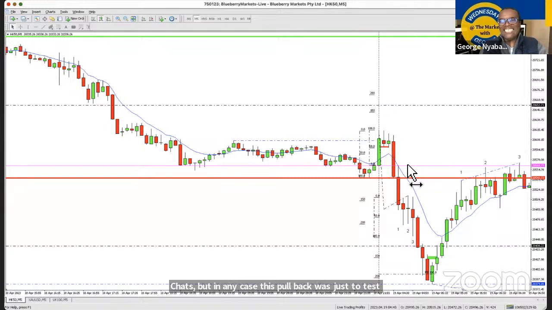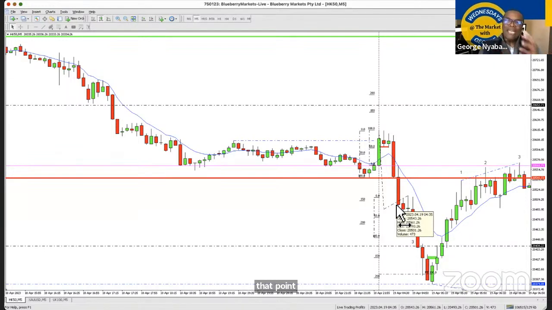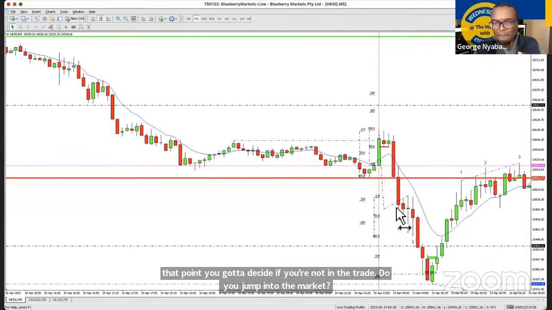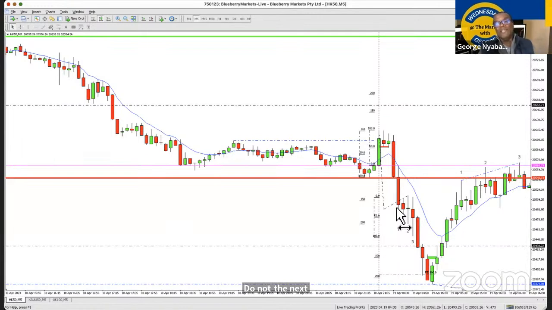Okay, so the magenta line is the open of the day. The bulls did try, but it was the perfect test of the open, then it accelerated down. And at that point, you've got to decide, if you're not in the trade, do you jump into the market or not? The next opportune moment for you to jump into the market, if you are scalping,